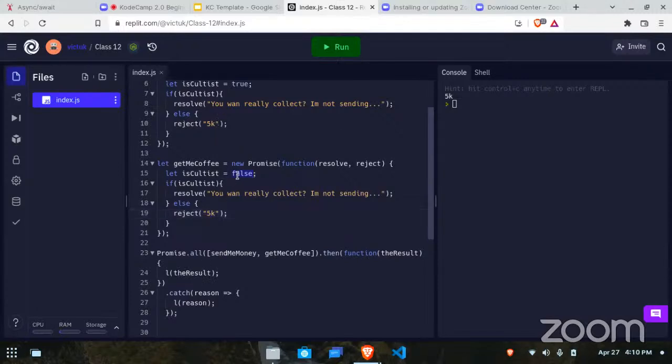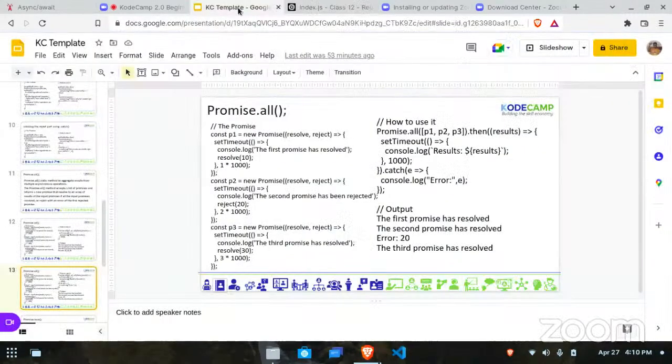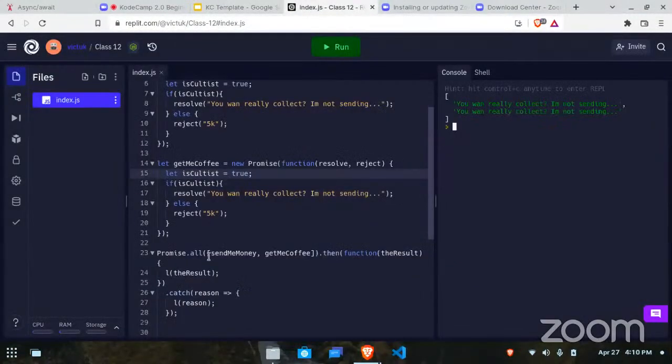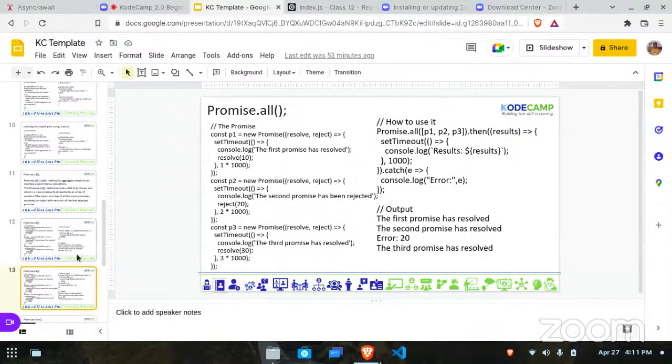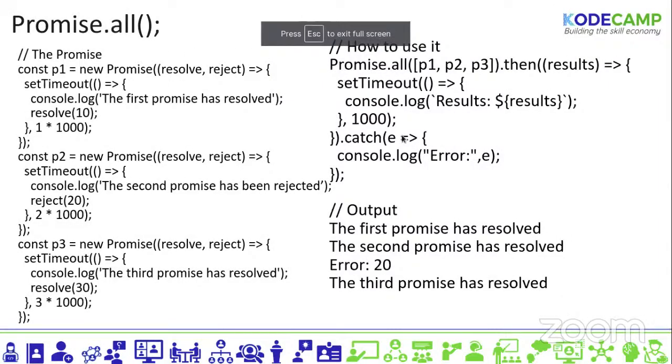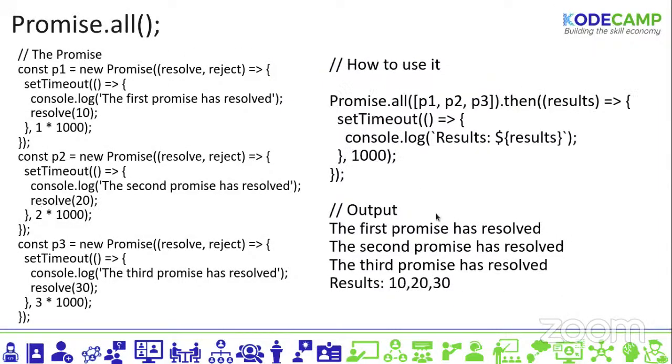But of course, if none of them fails, I have the result. So that's how. You can put as many promises as you want to actually run. So use promise dot all to run all those promises. Okay. So having looked at promise.all, which you can use to call all the promises, and we've looked at some examples,